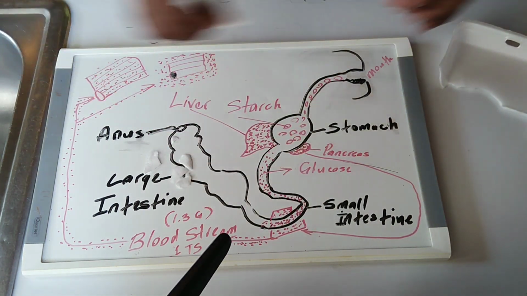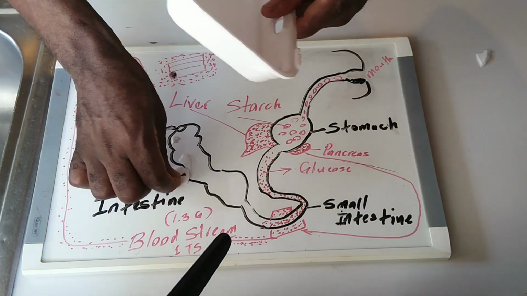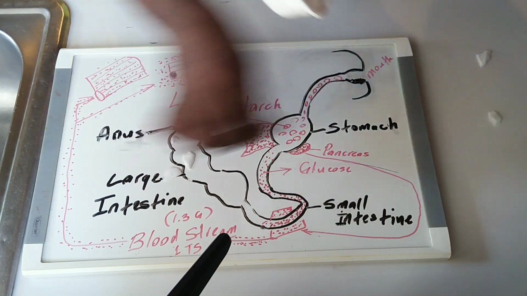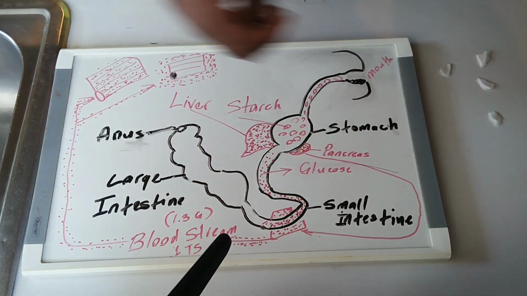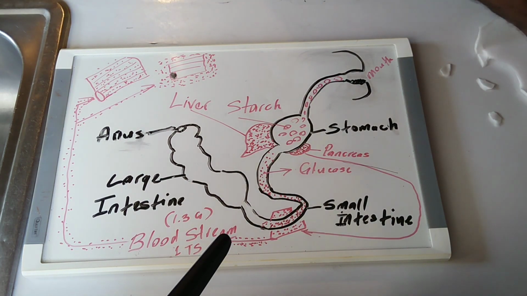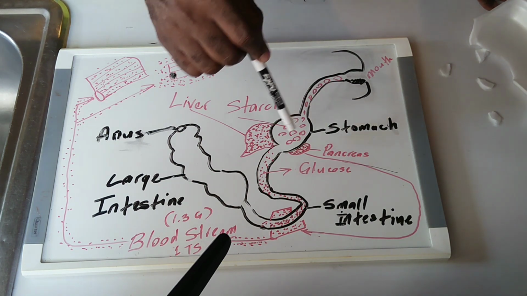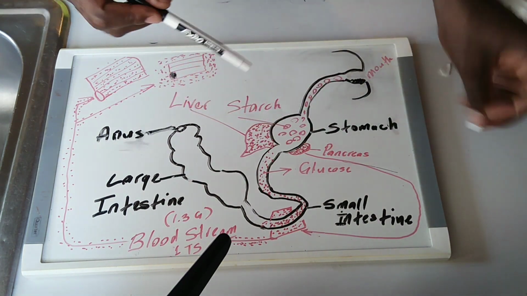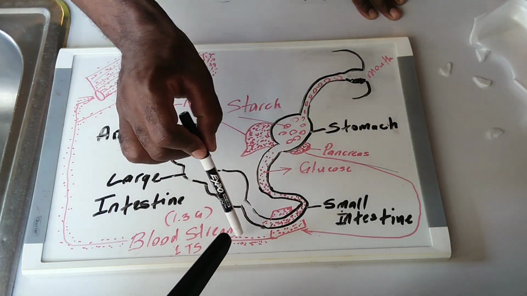Remember we said the other day, in the other video, that the gut is semi-permeable. This starch is too big to go across the gut lining. So when you eat starch, it doesn't go in your blood as starch. It goes in your blood as glucose. Right? Alright. Hope that helps. So the dumpling is going to break down from starch into glucose, into these molecules. And these molecules are going to be absorbed into the blood.